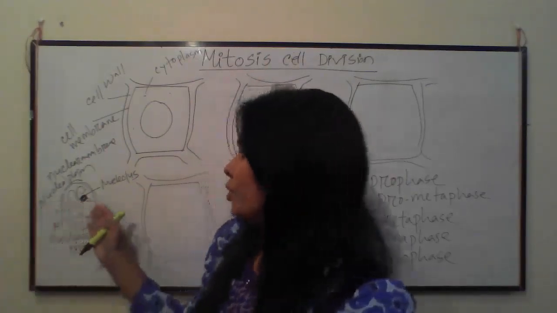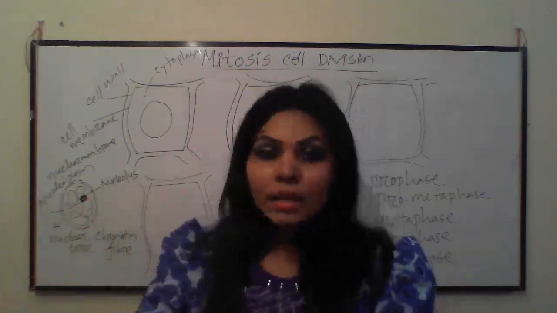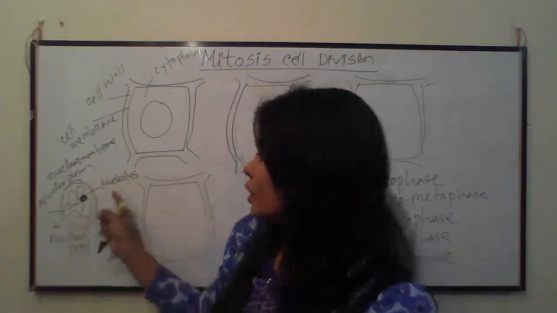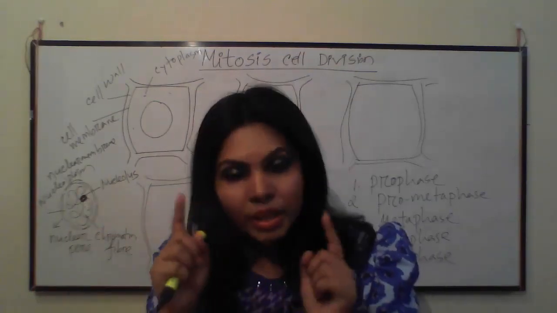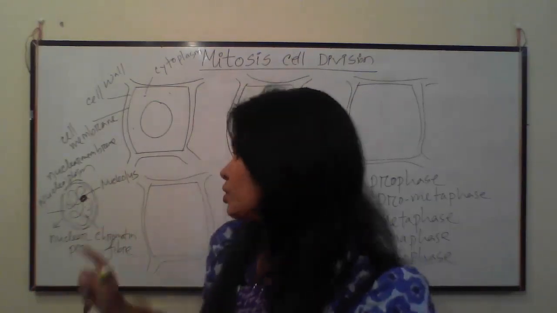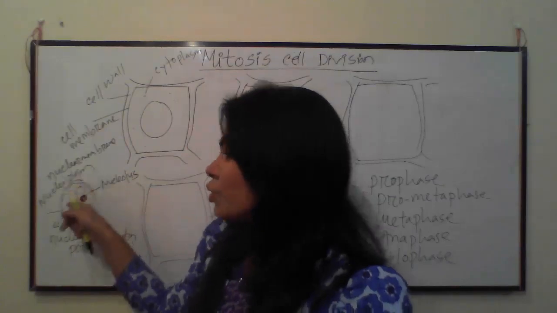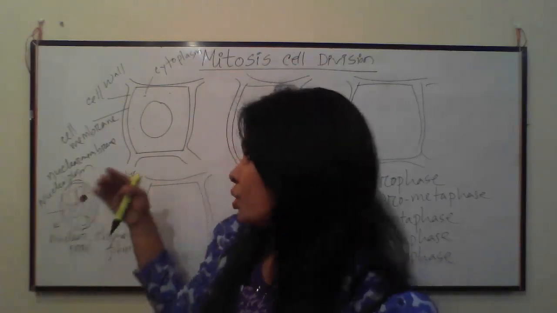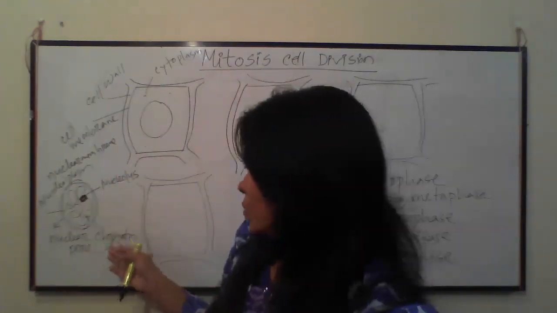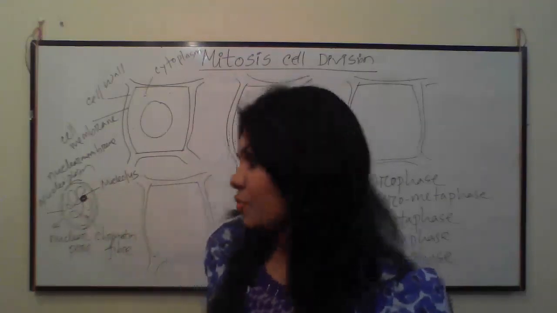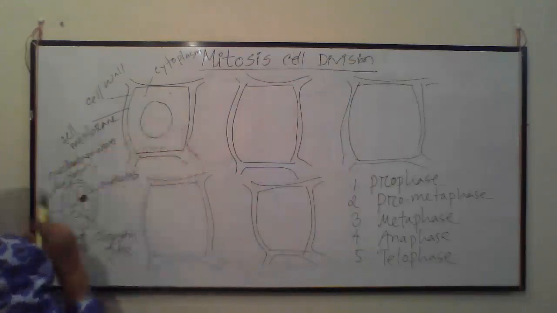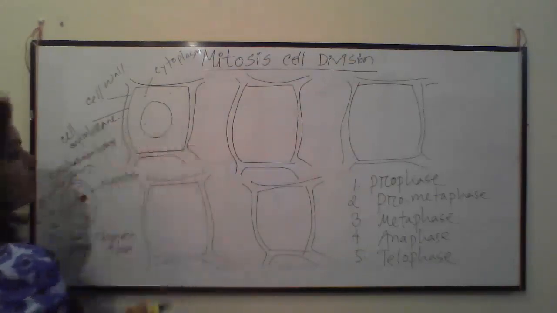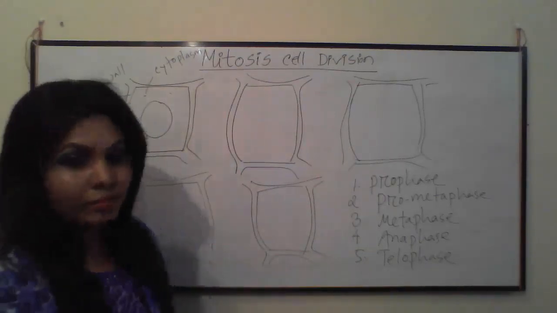If we think about only the structure of a nucleus, you will see a dark, dense area in the nucleus called the nucleolus. The outer membrane of the nucleus is called the nuclear membrane, then the nuclear chromatin fibers, and the nucleoplasm. So this is the mother cell that we have taken. Understand?